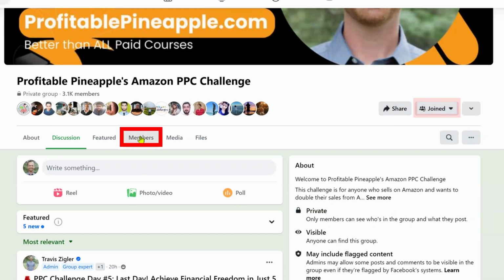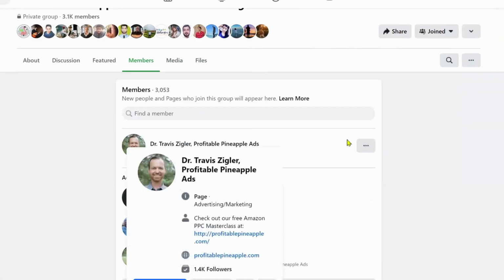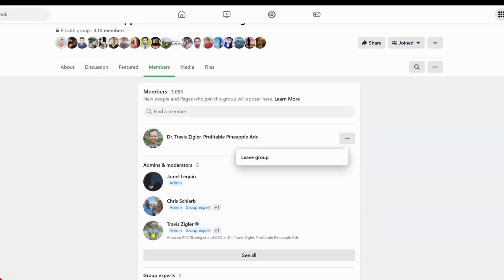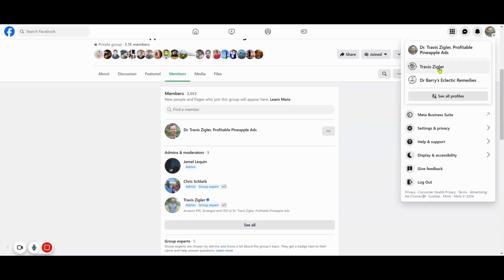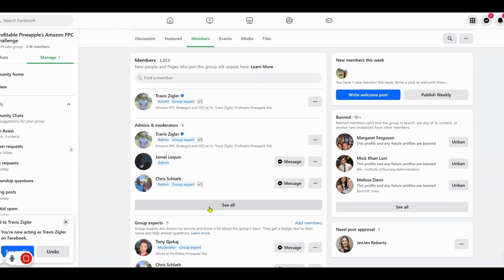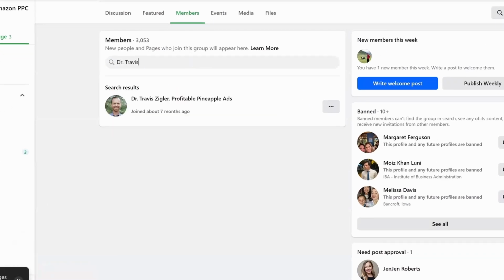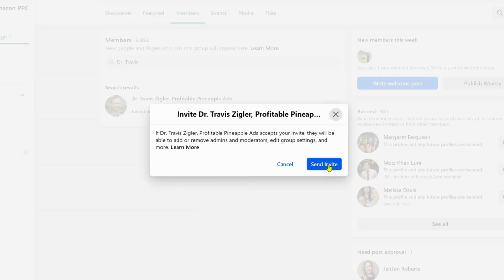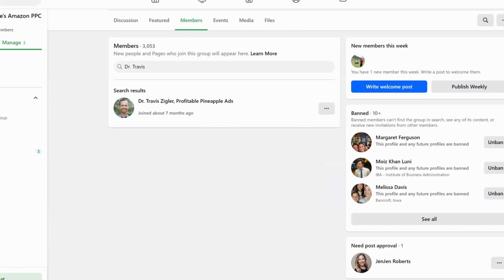I've already joined the group. And then once you've joined the group, you want to make it an admin. I can't join it as an admin because I'm not under my account. So this is my admin account. What I need to do is switch back to my username. So now I'm under my personal profile in the group. And then I'm going to look for that member. So here's my page, and I'm going to make it an admin. So we're going to send an invite. And now our page and our group are linked together.